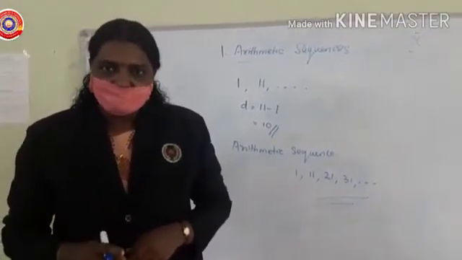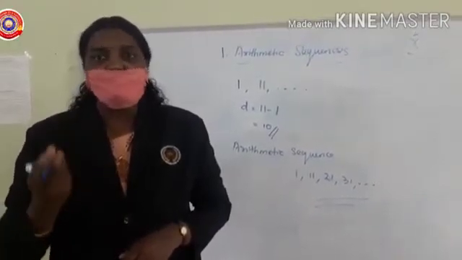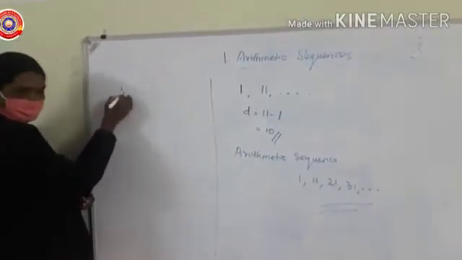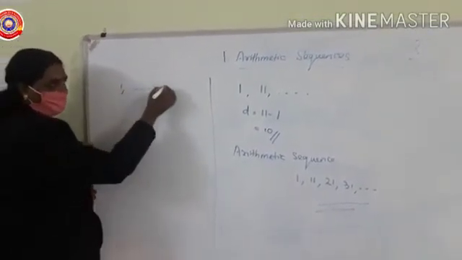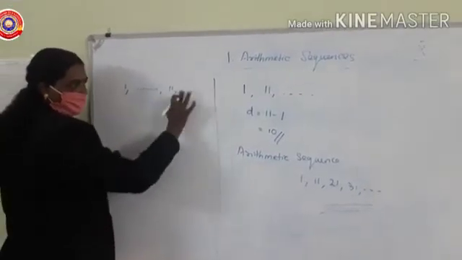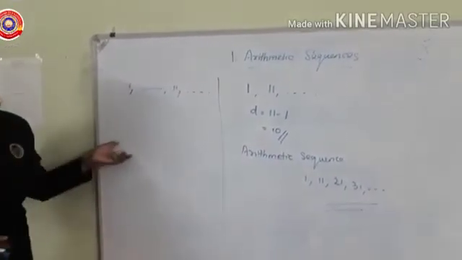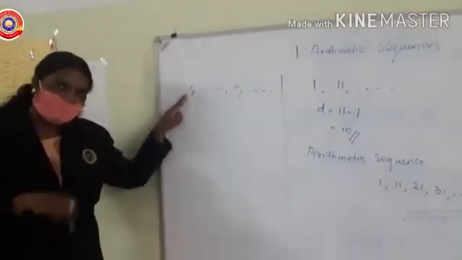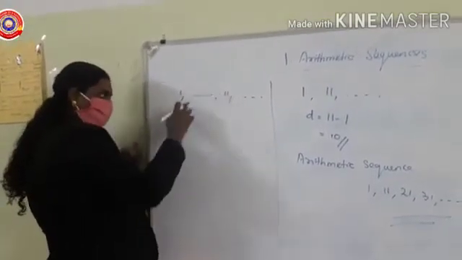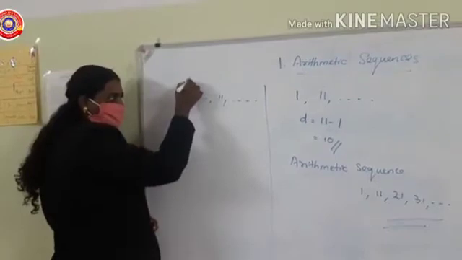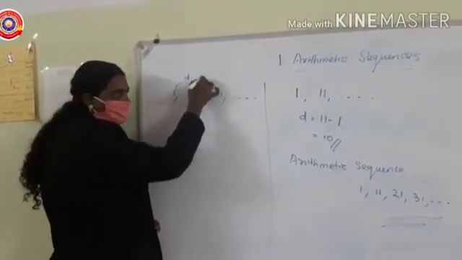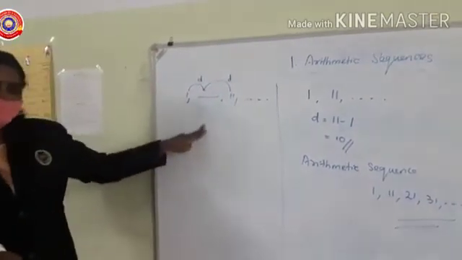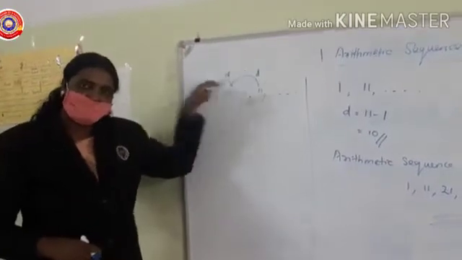Okay. Another question. Can you make an arithmetic sequence with 1 and 11 as the first and third terms? Here, the first term is 1, second term is not given, third term is 11 and so on. Children, how do we calculate the common difference of such a sequence? Here, the common difference added to 1 gives the second term. Adding it once more should give the third term.